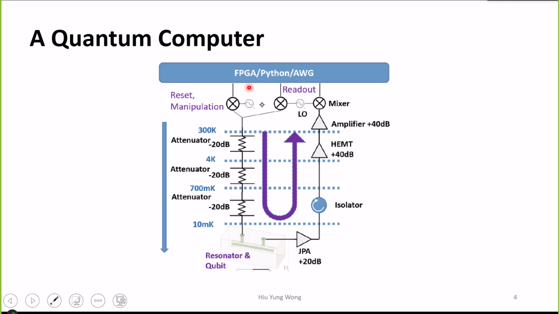Even if you are AI people, it's also good because on the top, this is a classical controller, a classical computer. Basically, it can be high performance, right? It can be HPC, sometimes, because you need to do some very intensive data processing. In this classical part, you have FPGA. FPGA stands for field